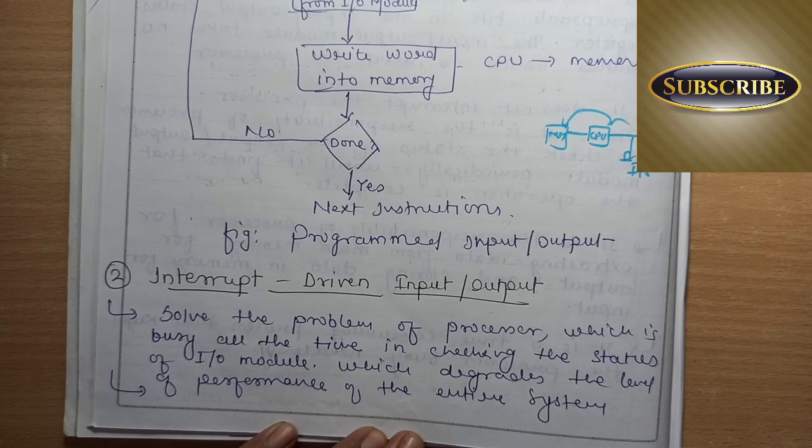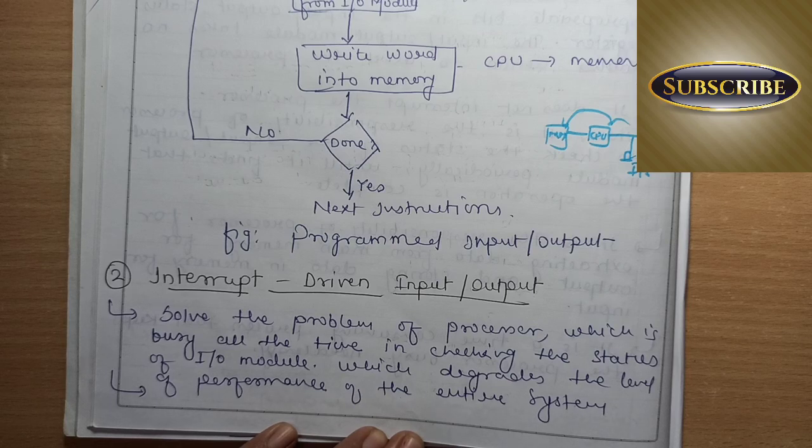So what was the disadvantage of the first programmed input output method? The processor is busy all the time. It is doing busy waiting, just to check the status of the IO data, whether the data is ready to read or write. It is just wasting its precious time checking the status of the IO devices, right? So in this method we are trying to overcome that problem, the busy waiting problem of the